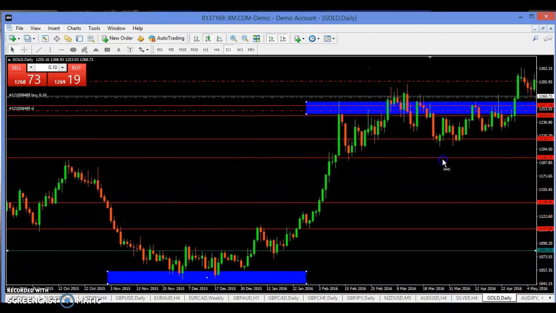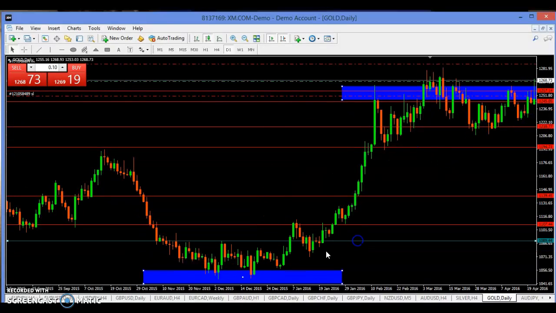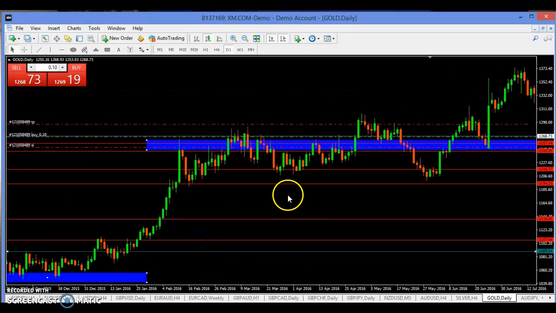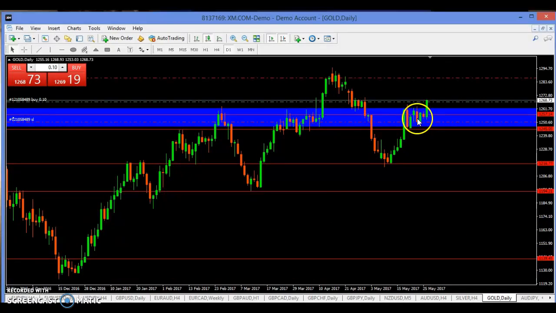So there are different strategies I'm going to show you. You have the full engulfing. An example of a full engulfing candle, I will show you. And you only trade a full engulfing candle if it is in the direction of a trend. For example, the full engulfing candle which occurred the last 2 days, the one I was using as an example, was not a typical trade. This was not a good example to take a trade here. Why? This full engulfing bearish red candle, you can see, fully engulfed this one. It was not a good opportunity to sell this market because the overall trend has been an uptrend.